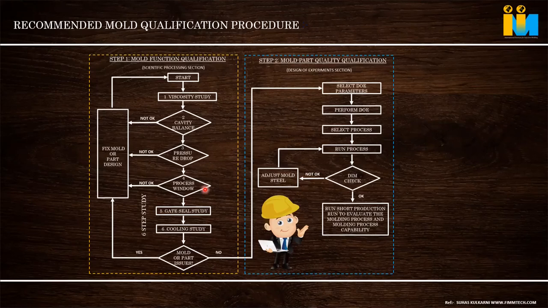Initially, we set the process correctly. Then we see the first trial, T0, and check that all the features are intact, or whether some features are missing. Some problems are air vent problems, burning marks, so provide air vents and so on. Make the mold process right to run. Then do some DOEs on cooling time, cycle time, pressure and all. That is the second stage. In that, run the process continuously for 4 or 5 hours, then take samples and measure the dimensions. That is the real process.